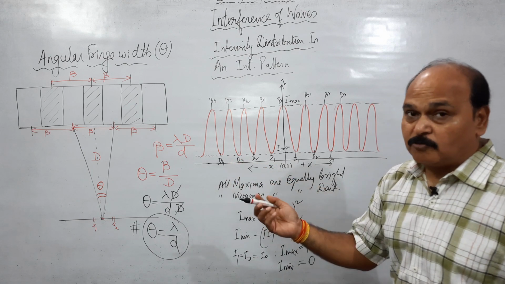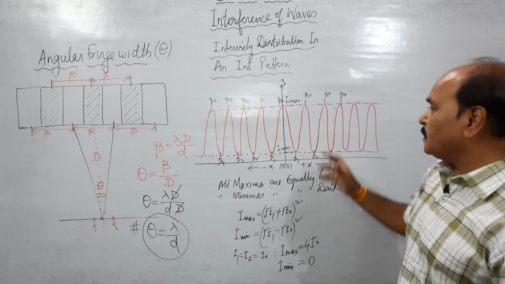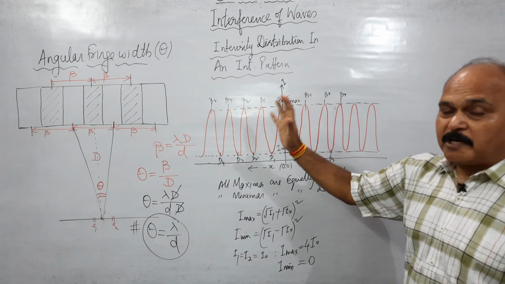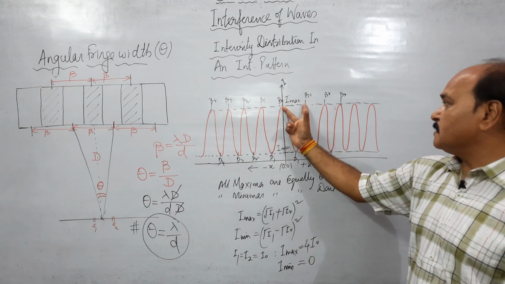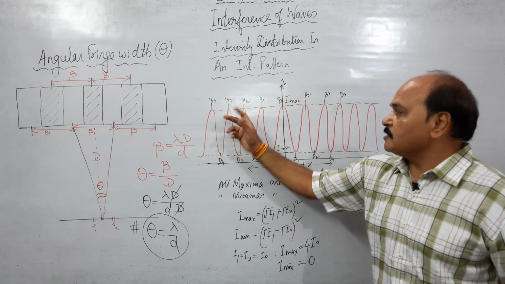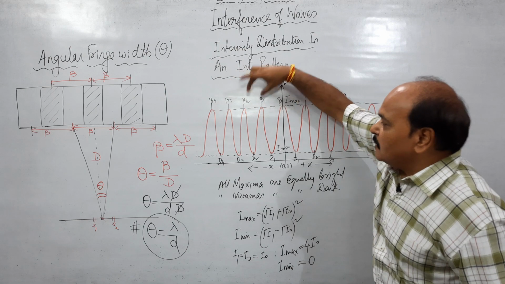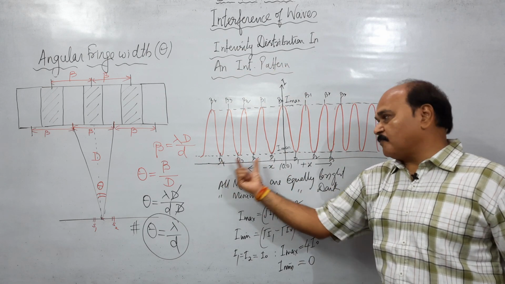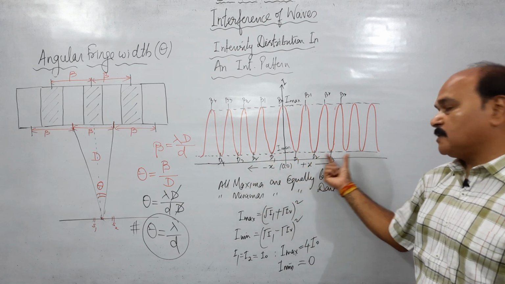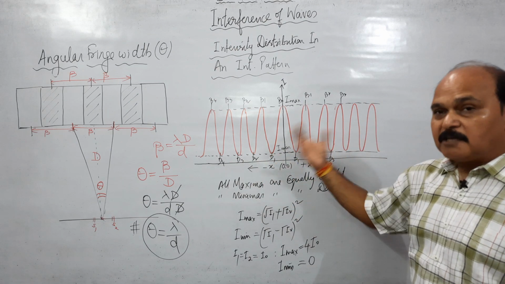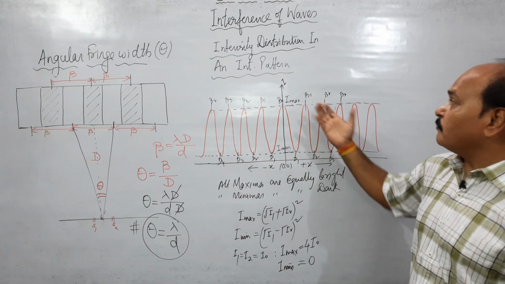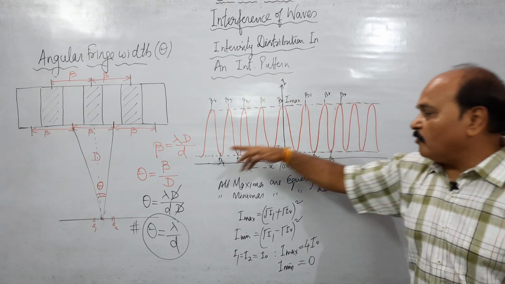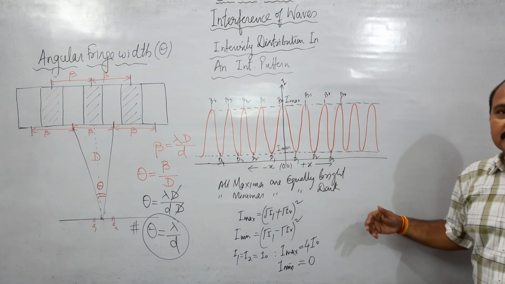And remember children, you know it already, all maximas are equal to each other. All consecutive maximas are equidistant. So these distances are all equal to each other, and the distances are fringe width. Similarly, the distance between two consecutive minima is also fringe width. So all these distances are equal to each other, and that is also linear fringe width. But what we are telling you right now is all maximas are equally bright and all minimas are equally dark.